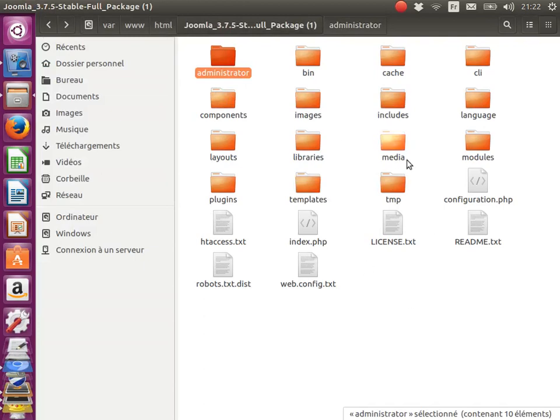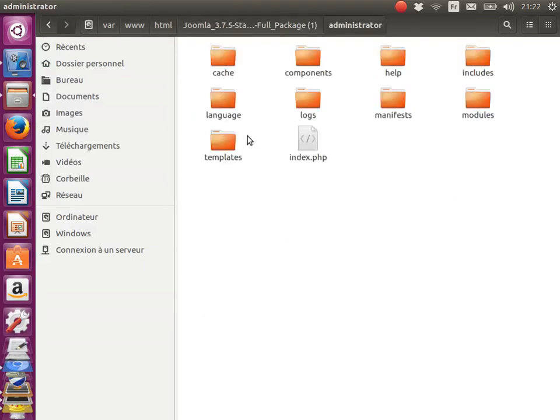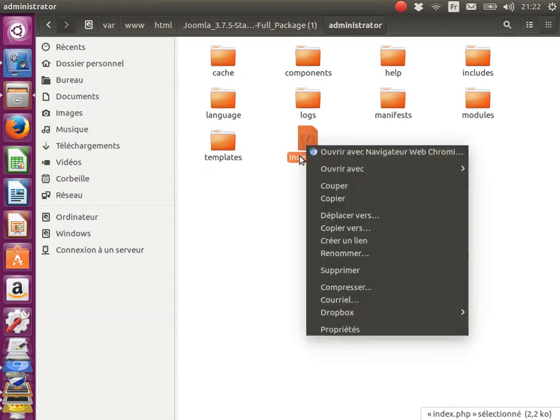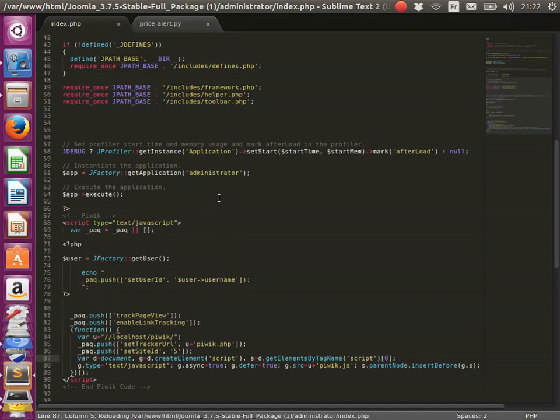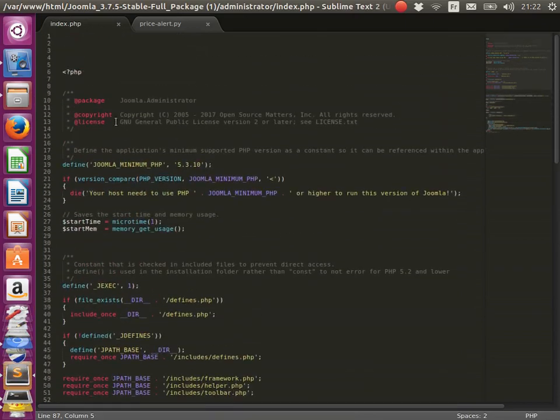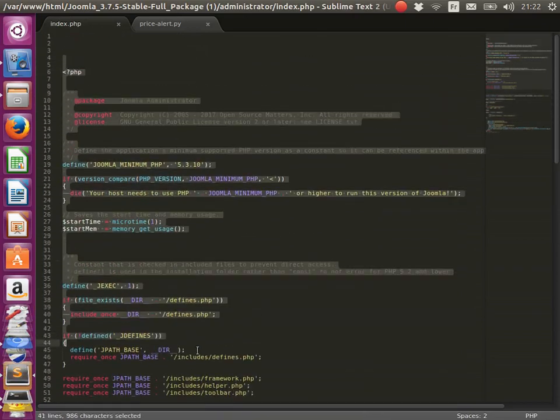So here I'm within my Joomla installation. I go to administrator because this is where I want to track the traffic. Then I go to index.php, and then I'm going to look at the source code. And so this is what your code will look like.